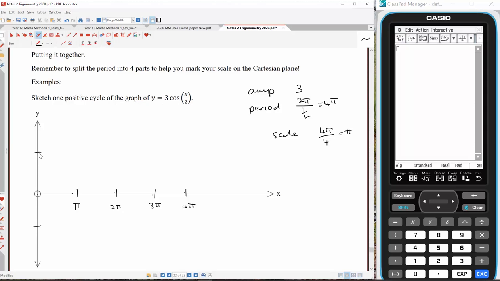It starts at +1, but in this case, instead of starting at +1 on the basic, this one is going to start all the way up at 3. Then cosine at the next phase of it will drop down to this point here at pi, then it will drop down to here, here, and here, and it follows the same shape as the standard y equals cosine x graph. So I consider how that would look and just place it on the points that are given to me. And notice when I draw this,